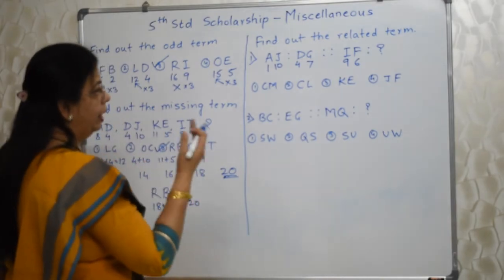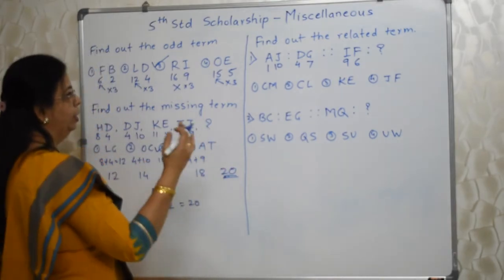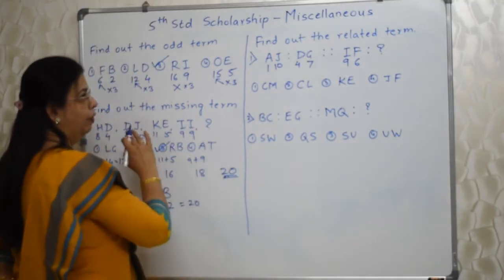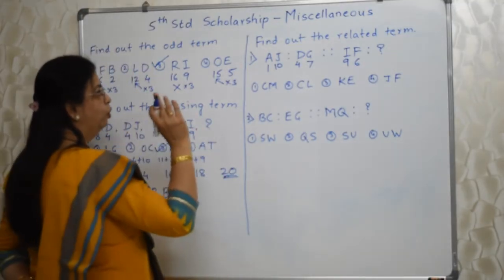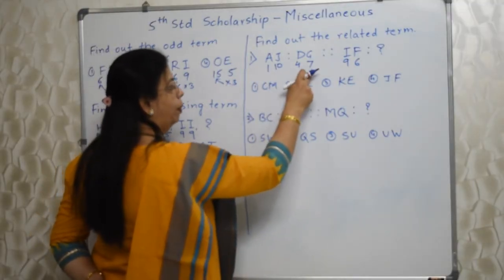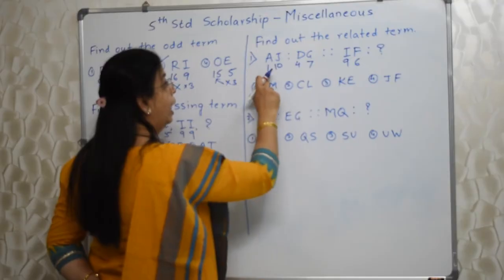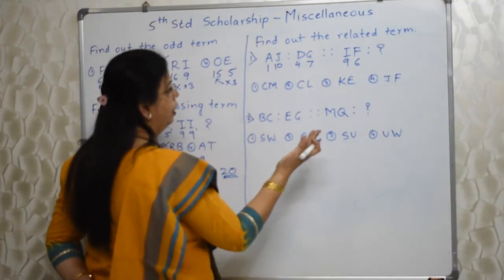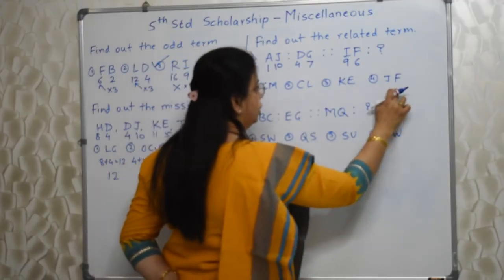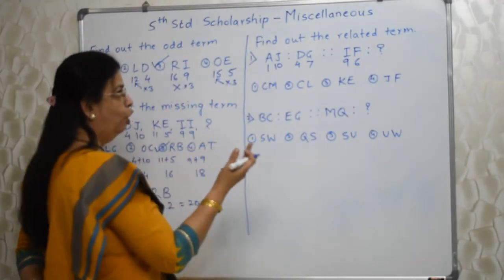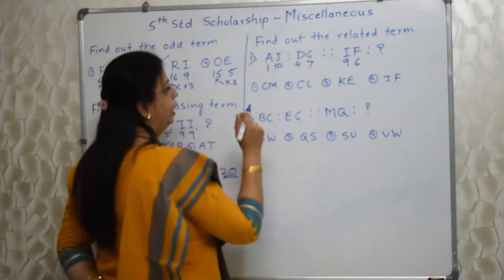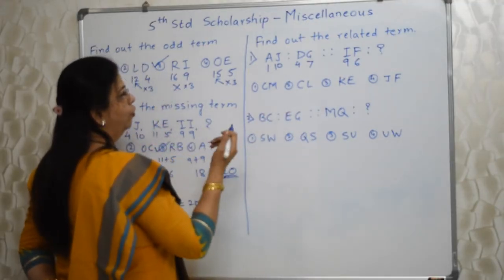See, basic operations, multiplication, division, addition, subtraction. You have to make use of them. There won't be a specific method. You have to apply. 1 plus 10, 11. 4 plus 7, 11. Oh, their addition is same. So simple. So 9 plus 6 is 15. So from the options given, we must find out such an option whose addition of the serial number is 15. Right? So let's go ahead.